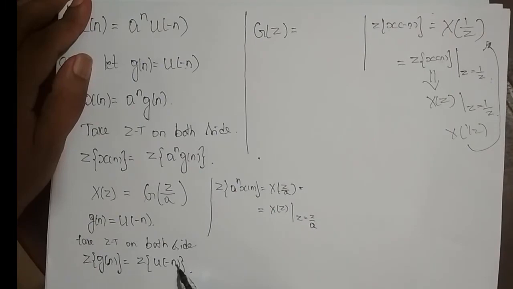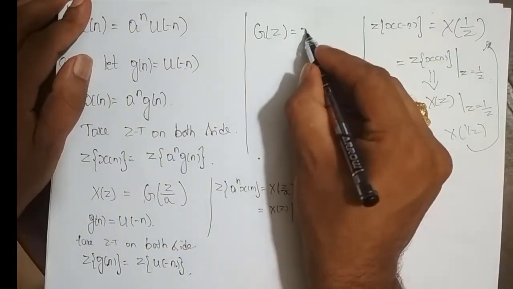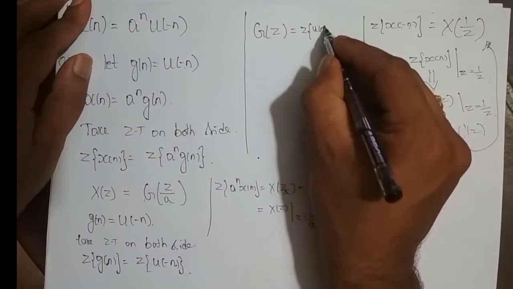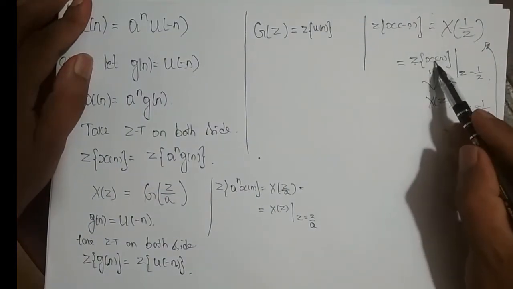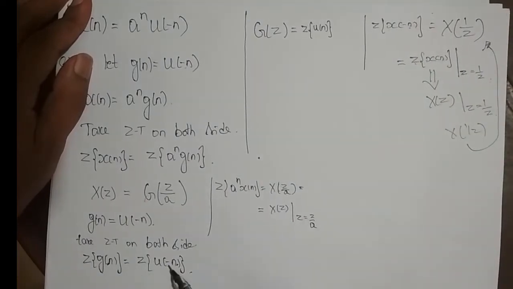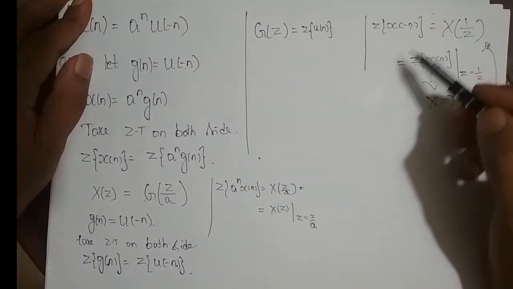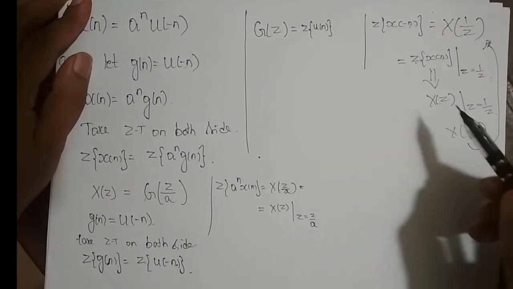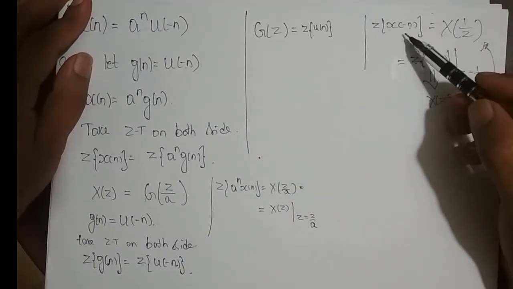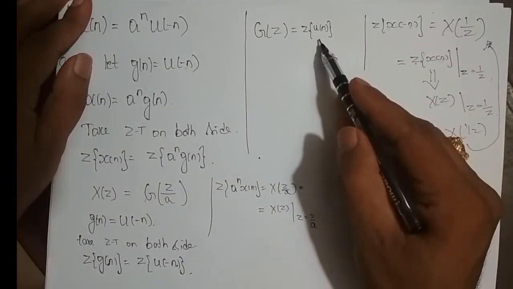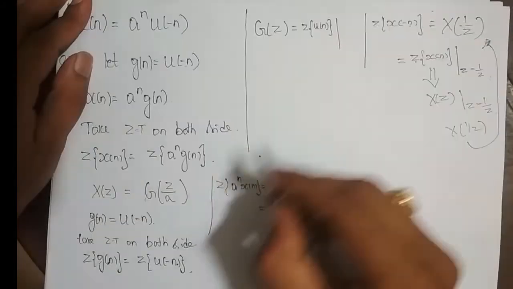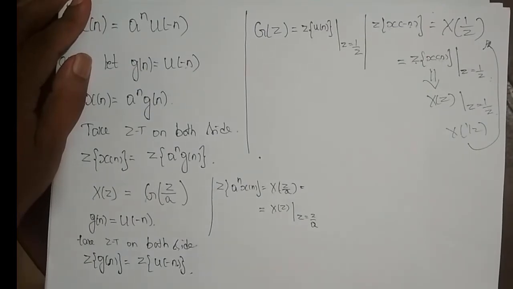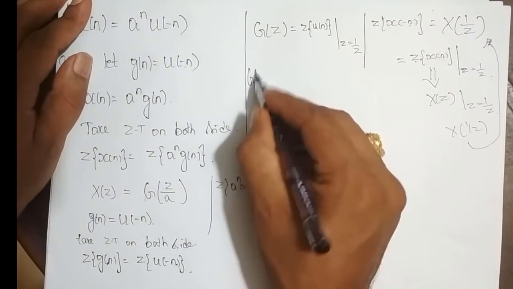Okay, fine. So what is the z transform of u of minus n? This is nothing but the z transform of the unreflected version of the signal, which is u of n, and for this I have to replace z by 1 by z. Wherever z is there, I have to replace it by 1 by z. Okay, what do I get?